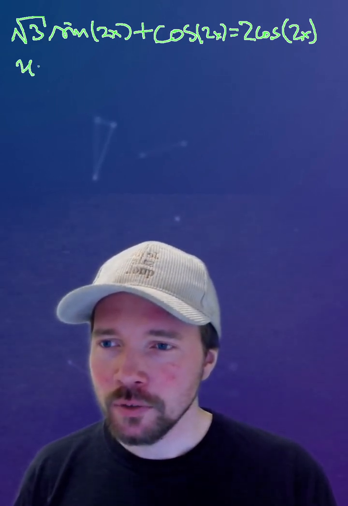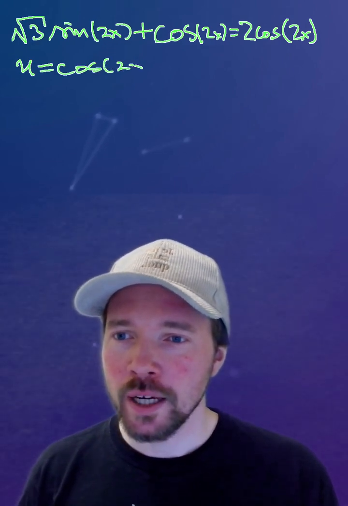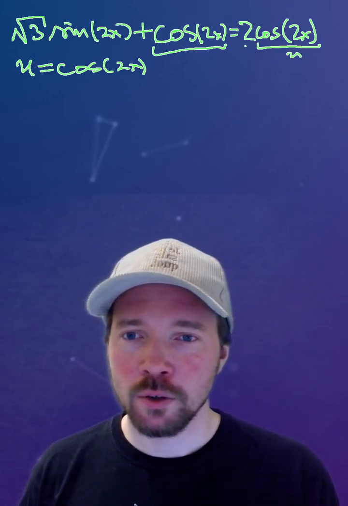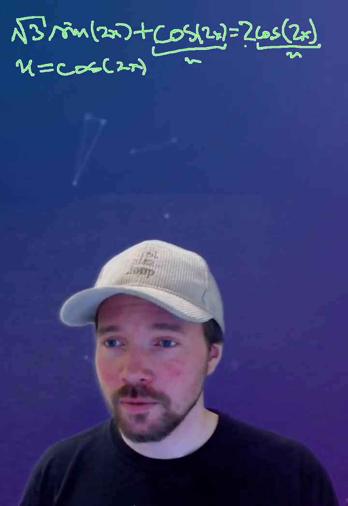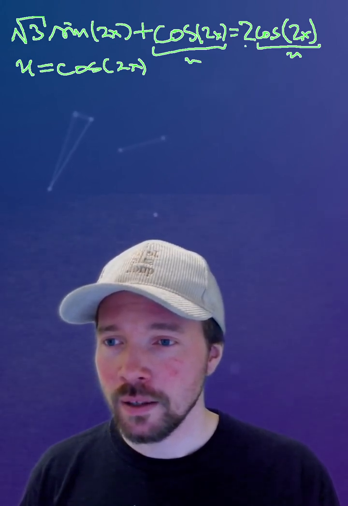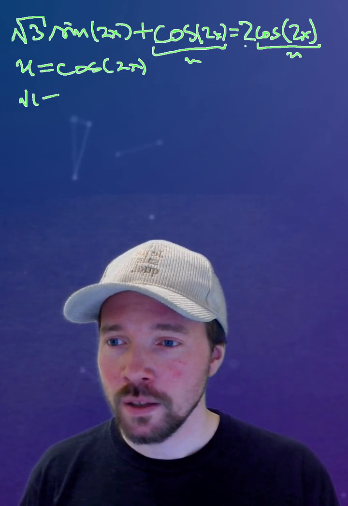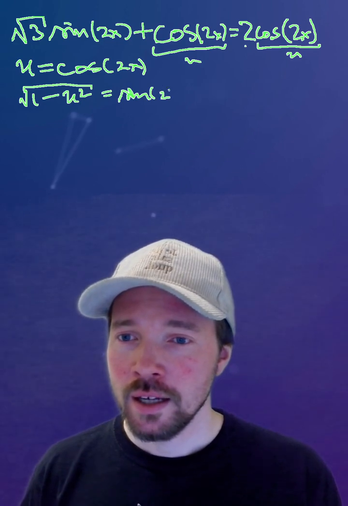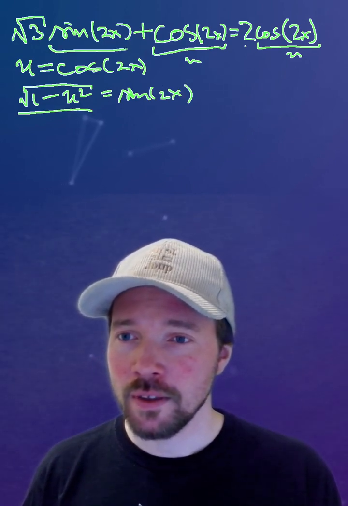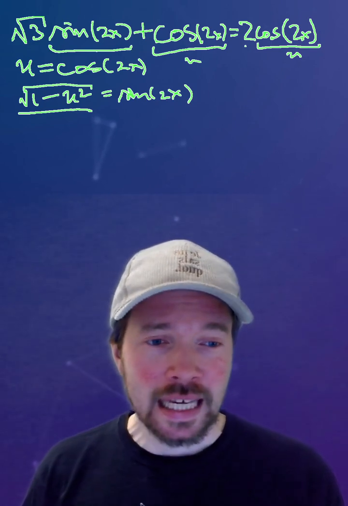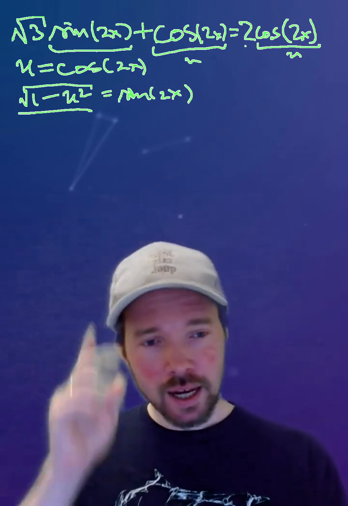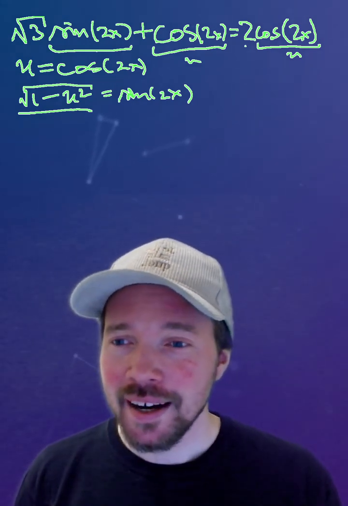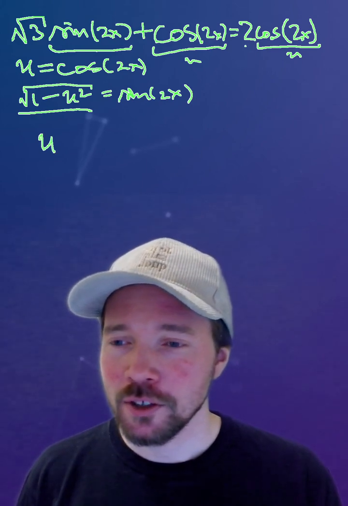denoted by a new variable u cosine 2x. So I replaced this and this by u. Then I substituted for the sine. I said, oh, by the way, if I do now 1 minus u squared using the Pythagorean theorem, I get sine. And then I can substitute this in place of this, and then I can solve u from that equation. Very smart, except I made a mistake because in the end, when I got, so after solving this, I got